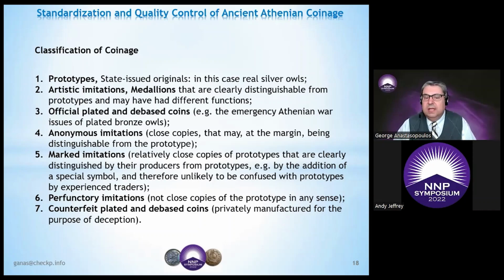There were also anonymous imitations, very close copies of the original. And if they had the appropriate dimensions and weight in silver, they were not considered fakes. Because what was important at that time was not the artistic presentation, whether the owl was beautiful, but the value of the coin, which was its weight in silver. So even if the coin was an anonymous imitation, if it had the appropriate weight and dimensions, it could be considered for circulation. But there was a warning that this coin is not an original Athenian coin, it is an imitation. There were also the so-called